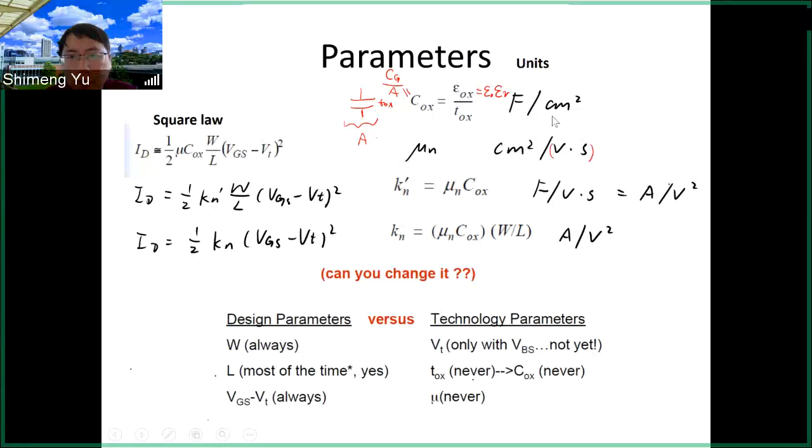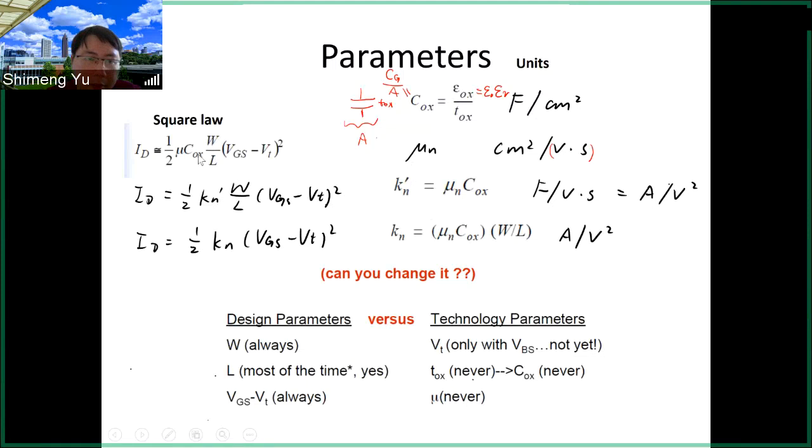So if you recall in this course, we prefer to use a centimeter for the unit of the length, and the centimeter square for the unit of the area, and the centimeter cube for the unit of the volume. So that's why you have this one. And then